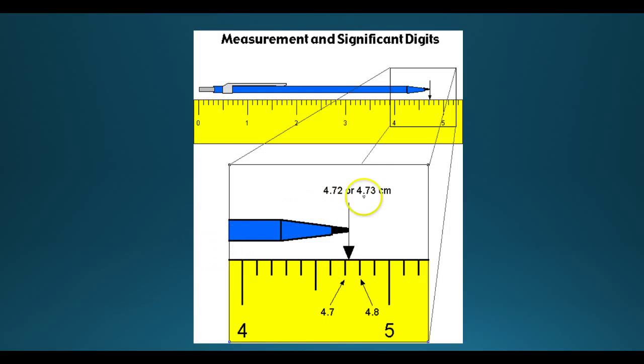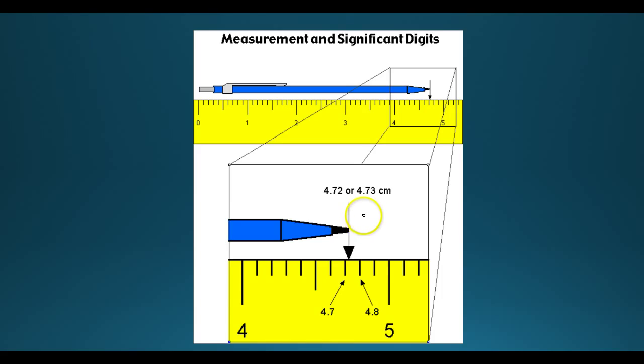If we take a look at this, we have a pencil that we're going to measure. If we look at this close up, we see that for sure this pencil measures 4.7 centimeters. What we can do then is estimate that last digit. Some of us might read this as 4.72 or 4.73. But nonetheless, we have this very last digit, the 2 or the 3, in the hundredths place, that is